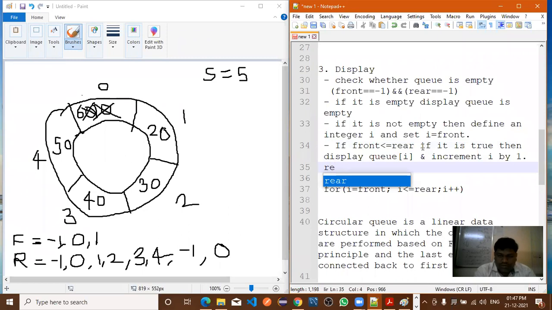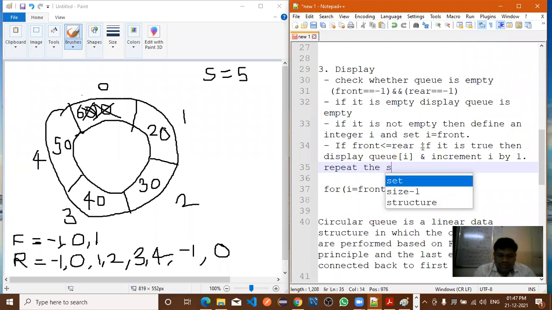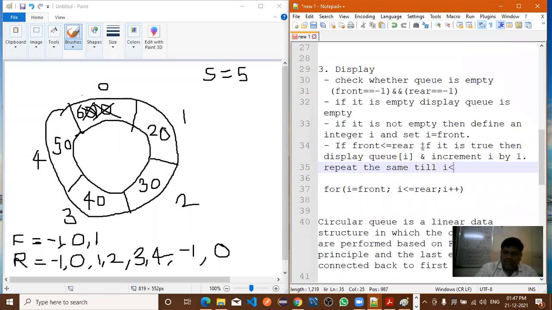Repeat the same till I less than or equal to size minus 1.